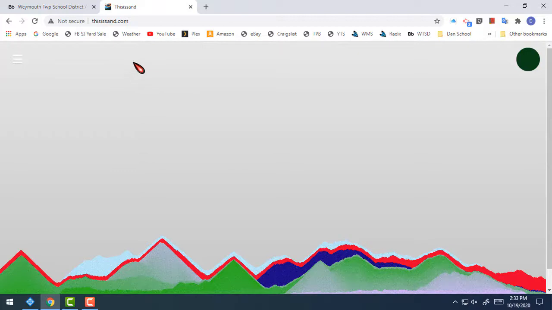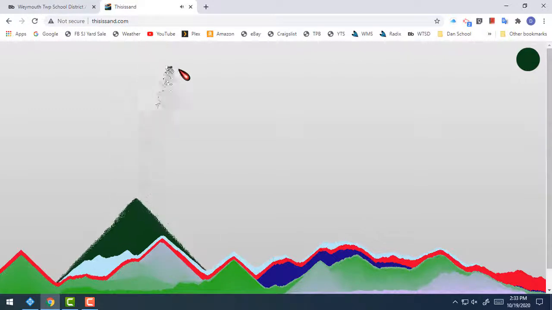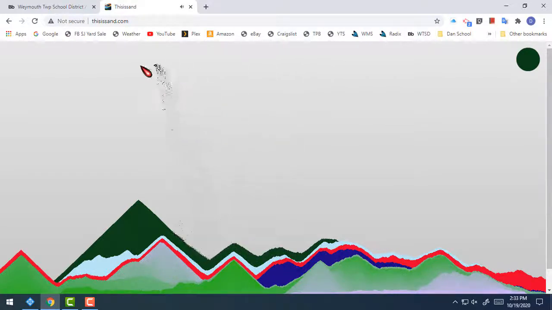Instead of holding my mouse button down, if I get tired of doing that, I can practice a double click. And what I just did is I double clicked, and now my hand is off of my mouse. I'm not touching my mouse anymore. I'm not holding that button down, and it will keep going. Even if I move my mouse, I don't need to hold the button down anymore. I don't need to click anymore, because since I did that double click, it's going to keep that color going